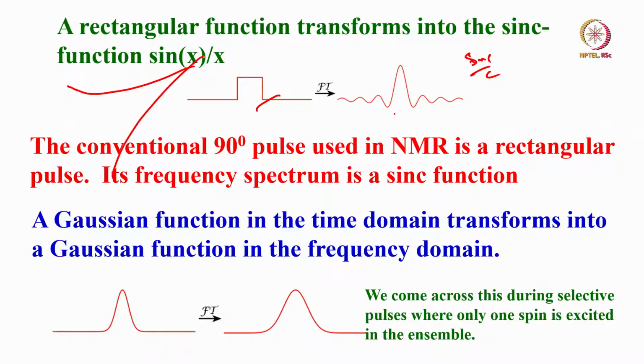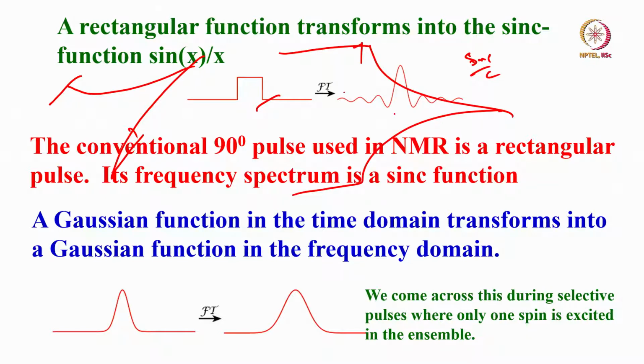Let us say I am going to collect the signal very fast like this. It is an exponentially decaying function. Somehow the gain of my receiver is huge. I use a lot of gain for the receiver. The initial portion of the FID gets amplified like this. Then the FID won't be a smoothly decaying FID, it will be like this. Then what does it mean? This portion behaves more like a square pulse or a rectangular pulse.